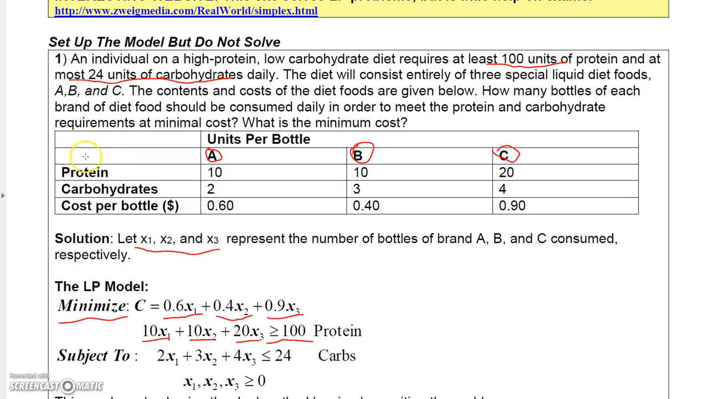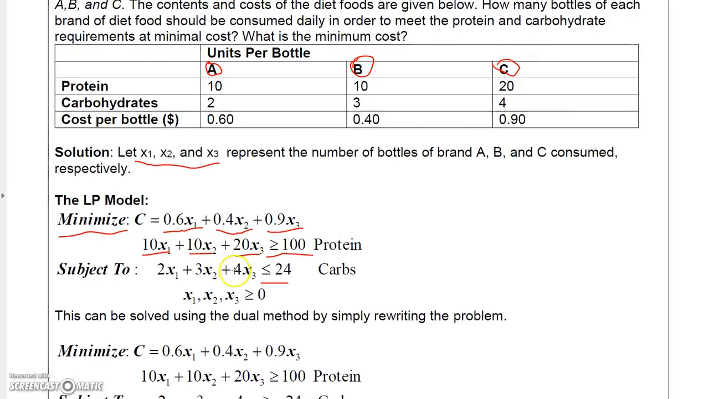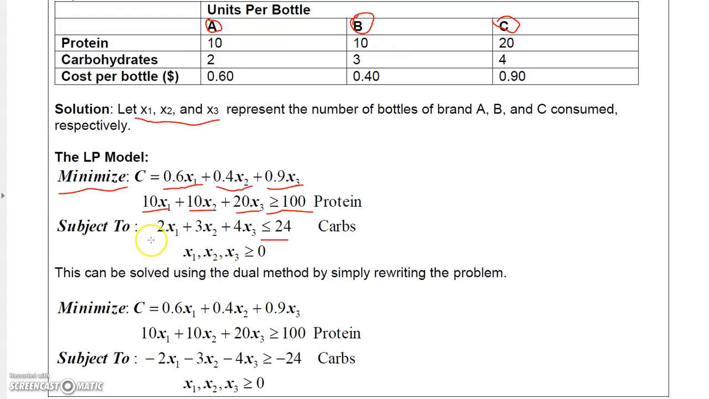Now the carbs say just the opposite. The carbs say at most 24. So at most means you have to have less than or equal to. So when we do the carbs, we'll use less than or equal to. So let's see where we get our carbs from. We get 2 units from bottle A, 3 units per bottle B, and 4 units per bottle C. So 2x1 plus 3x2 plus 4x3 is less than or equal to 24. And that's the